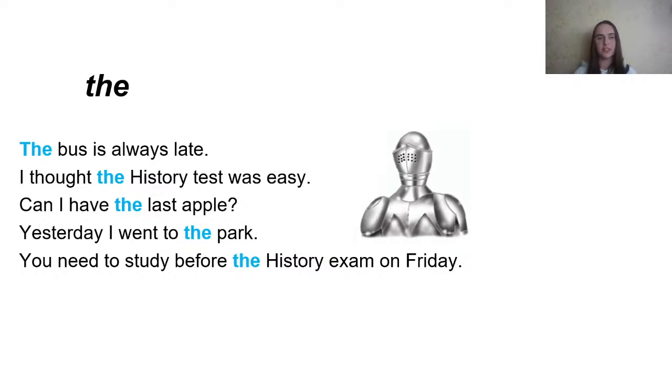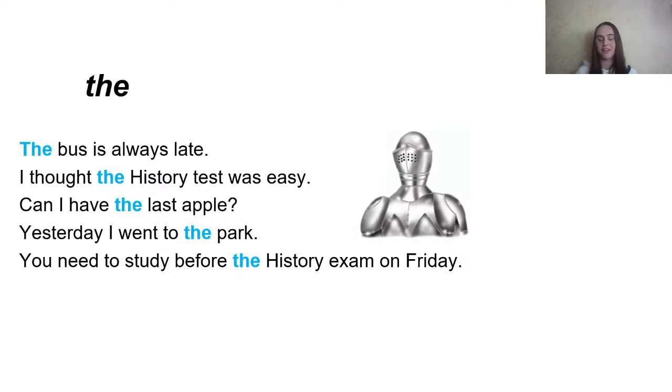So what about this definite article the? What do you know about it? If we talked about the indefinite article a, we talked about something for the first time and the object was not specified. We mentioned this object for the first time, and this is in singular, right? But when you talk